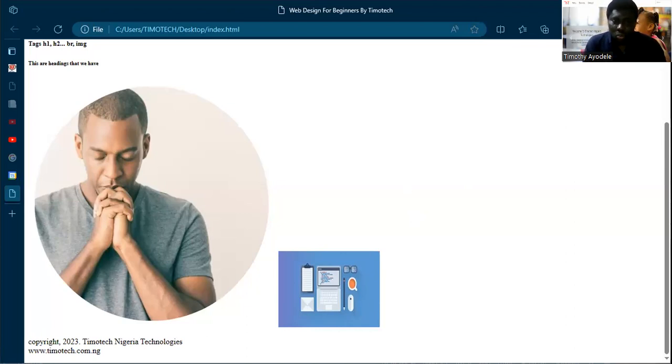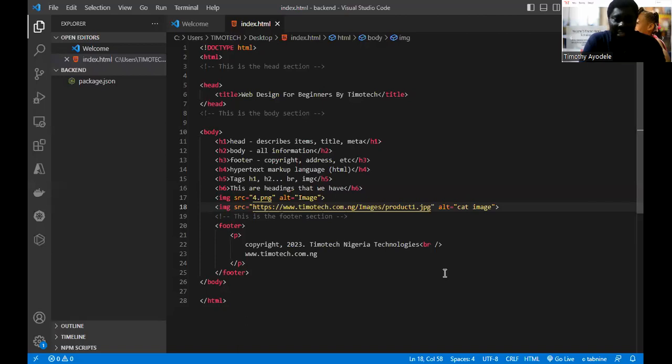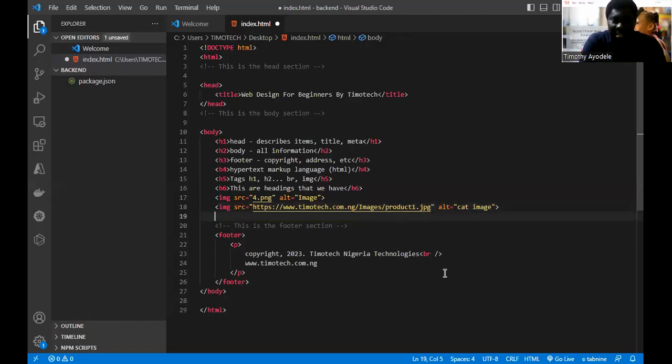All right. So another thing we want to look at is something we call an anchor element. Anchor element, or you can call it a hyperlink tag. An anchor element or a hyperlink tag. How do we use a hyperlink? For example,